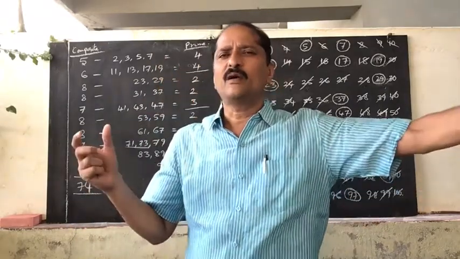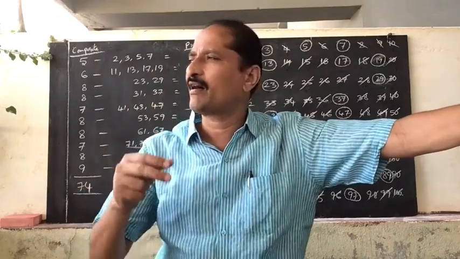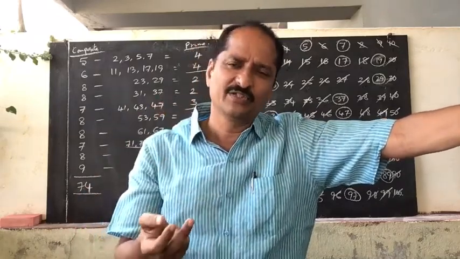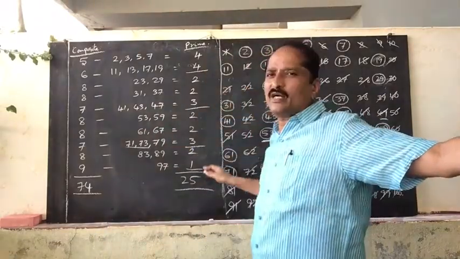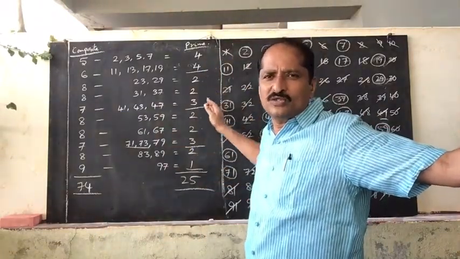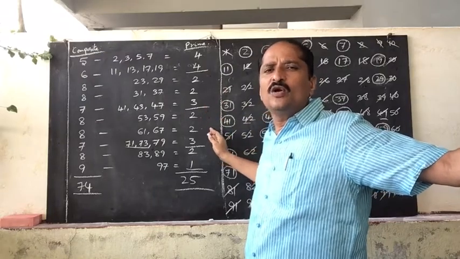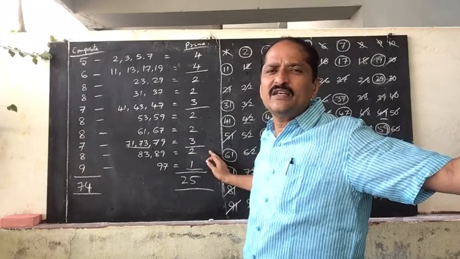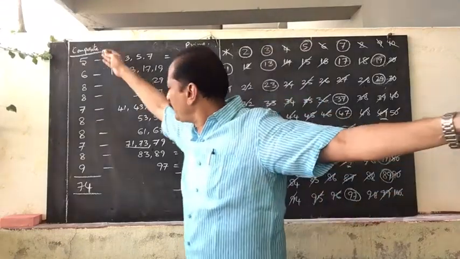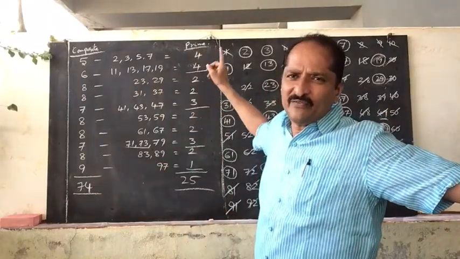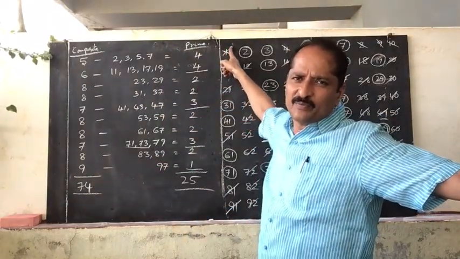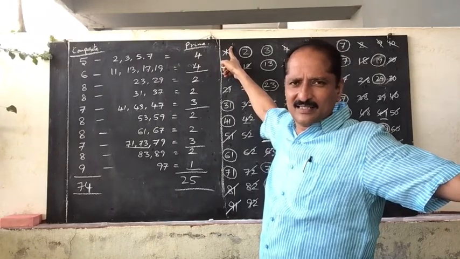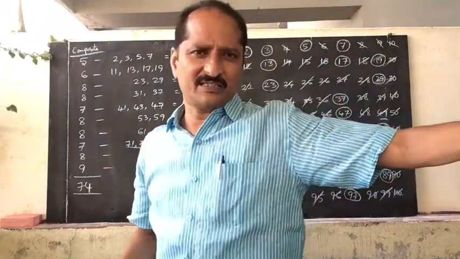So this is composite numbers and prime numbers. Okay, and how to find out all the prime numbers between 1 to 100 and all the composite numbers between 1 to 100. These are the prime numbers between 1 to 100. They are totally 25 prime numbers, and 74 composite numbers are there, and only one number which is neither prime nor composite, that is 1. Understand? So we can continue this class further.